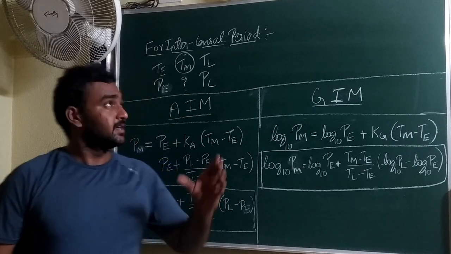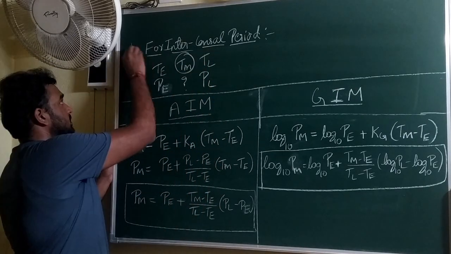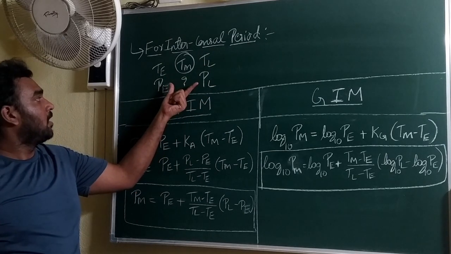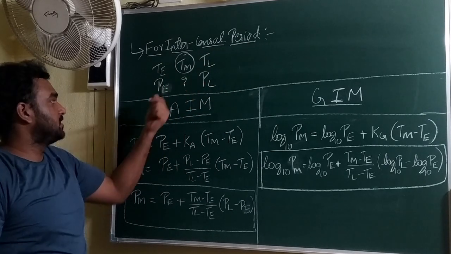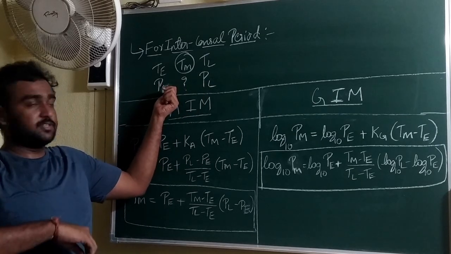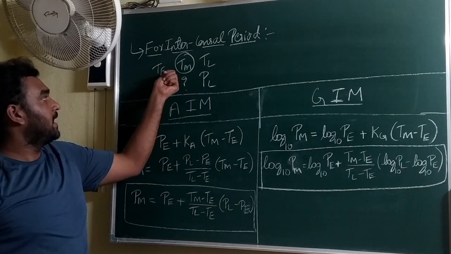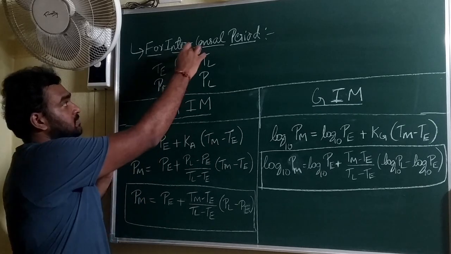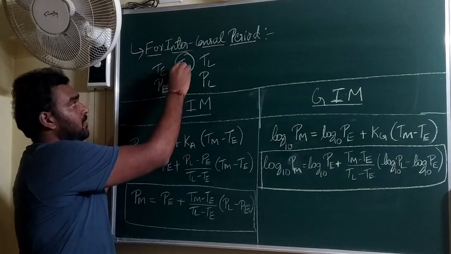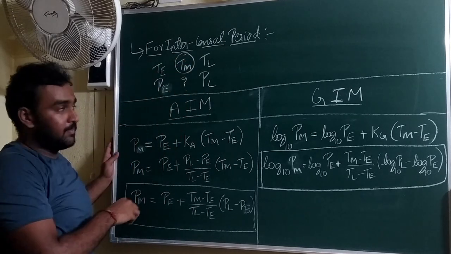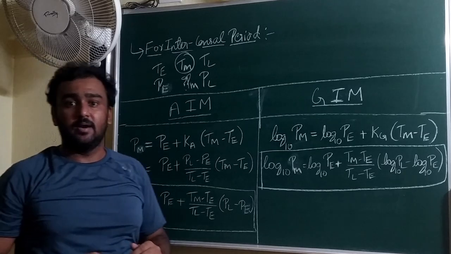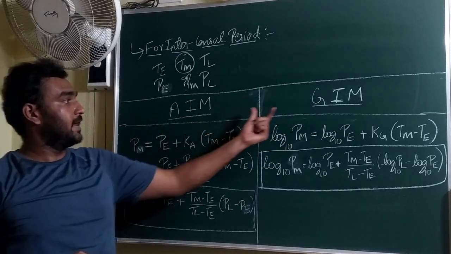Let us first take intercensal estimates, for the intercensal period. Suppose these are the population records we have, PE and PL, the last known census data and earlier known census data, last known date and earlier date. In between, as we are discussing the intercensal period, I will take a mid-year, TM. The mid-year population has to be calculated now, using the arithmetic and geometric increase methods.